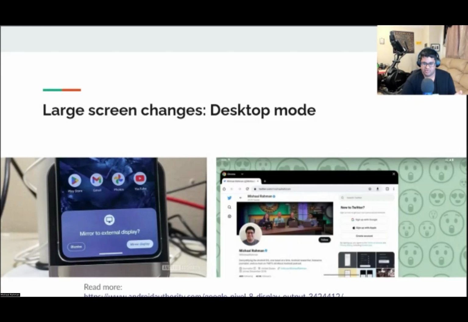Since late 2022, Google's been working to revamp this experience to actually make it usable for users. They've introduced several changes to how freeform windows are handled, such as adding window captions, as you can see on the right, and including a drop-down menu with various options. They've also added a pop-up you can see on the left in the screenshot that appears when you connect a device to an external display.